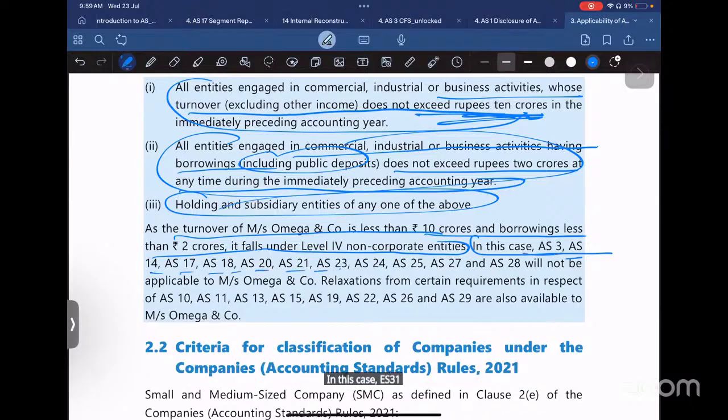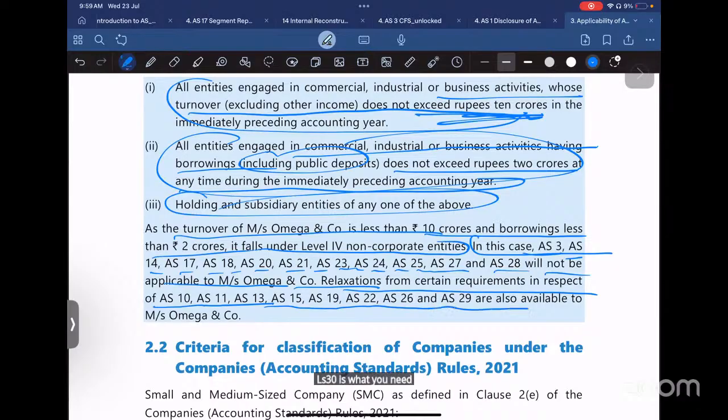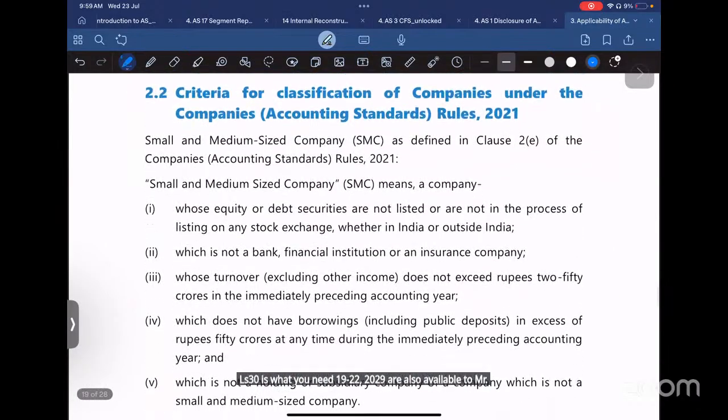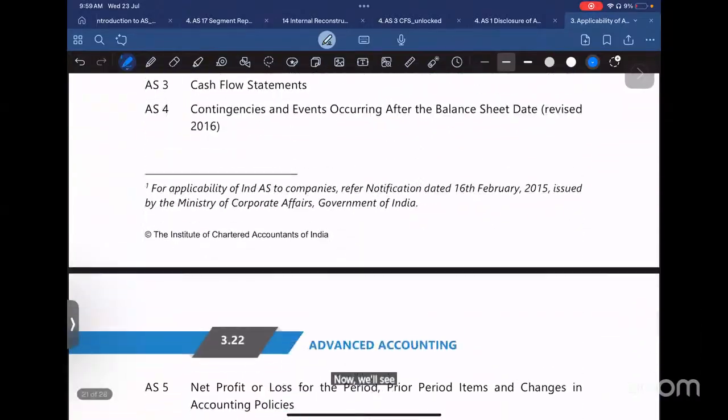In the case of AS 3, 14, 17, 18, 20, 21, 23, 24, 25, 27, 28 will not be applicable to Messrs. Omega and Company. Relaxation from certain requirements in respect of AS 10, AS 11, AS 30, AS 29, 19, 22, 26, 29 are also available to Messrs. Omega and Company. Now, I will see the criteria for companies